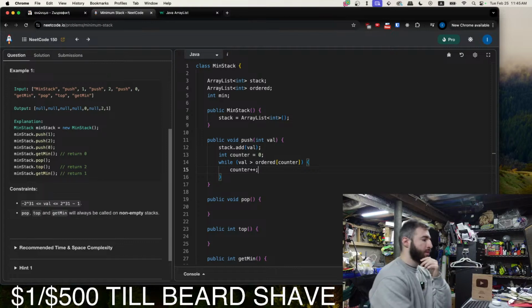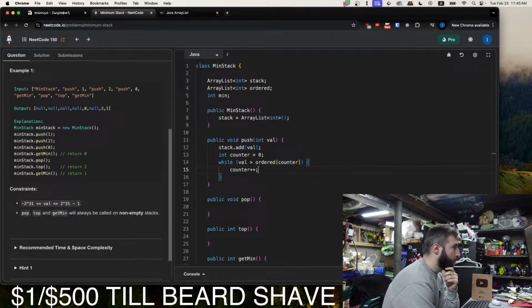Okay, the thing about this is what happens for uninitialized elements in the ordered array. How should we sort this?